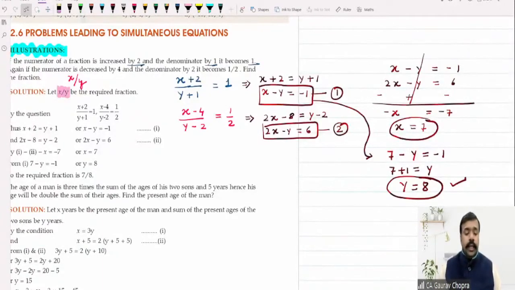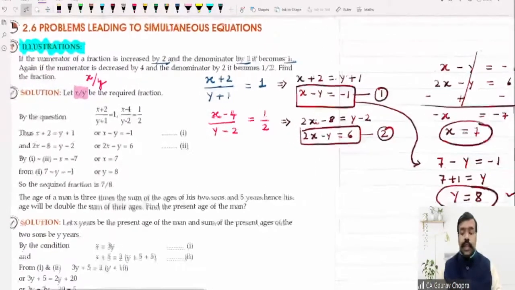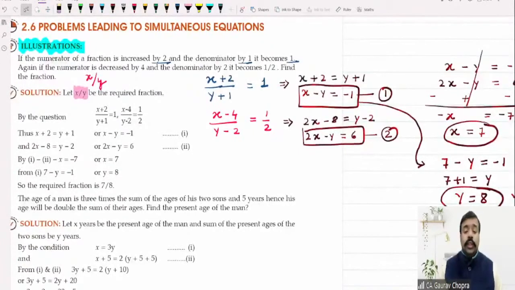So let me repeat once again. Whenever this kind of question is coming, and also this question is very much important for our examinations, because in our examination, many a times such questions appear. So it is very much important and easy as well. Just go by a statement. According to this statement, we have made this first equation, increasing both the numerator and denominator, we are getting 1. Decreasing both the numerator and denominator, we are getting half. And then we have done the cross multiplication and got this first equation and second equation.